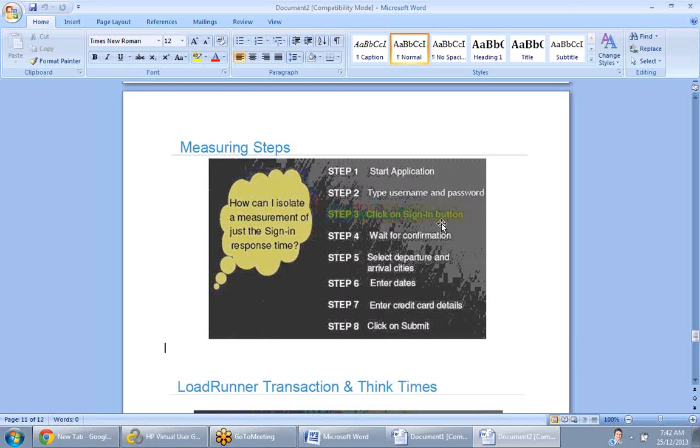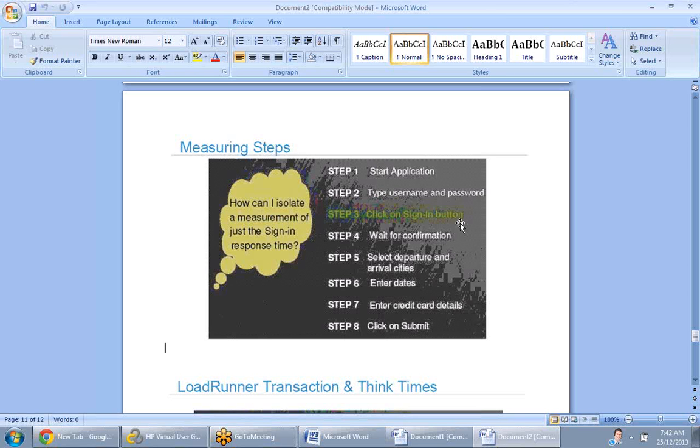Okay, that symbol I will show you in the LoadRunner tool, but the transaction is a timer. To insert the timer, you have to insert the timer before the step, and then where you want to complete, here is step 3, click on sign in button, where you want to end the timing, and you have to inform the client that this is the time it is taking for login transaction. So if this is the time you want, you have to insert a timer and end the timer. So this timing concept is called a transaction.